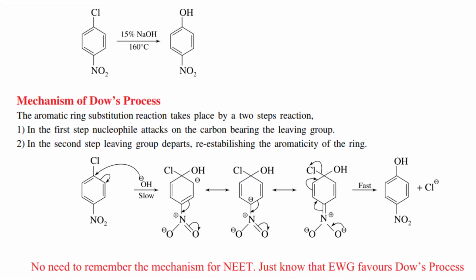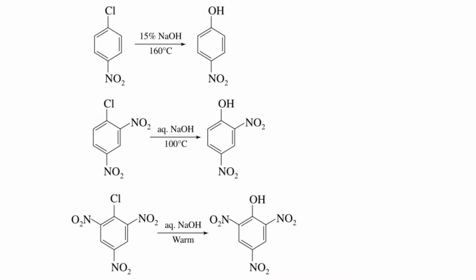Now, if I want to make this reaction under a milder condition, what I want is an electron withdrawing group. So, I put an NO2 group that is in resonance with the Cl. Now, you don't need to worry about the mechanism for this. So, if I put an NO2 group, my conditions come down. When I used to have 623 Kelvin, now I just need to do it at a lower temperature. So, it's easily substituted. But if I keep adding more NO2 groups, you can see the conditions become milder and milder, such that if I have 3 NO2 groups, I can just do it pretty close to room temperature with just water. I don't even need NaOH. The corresponding compound is arrived at.